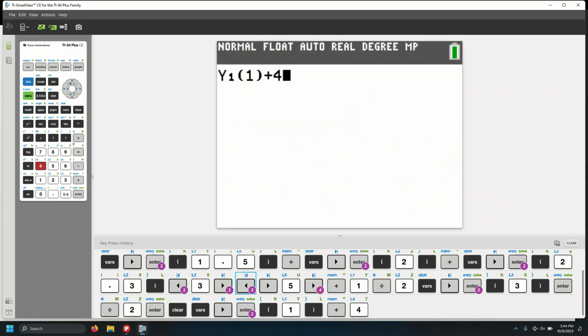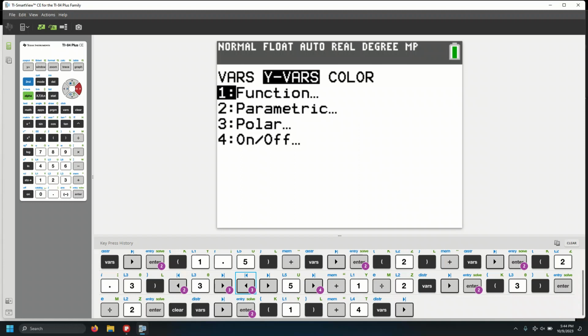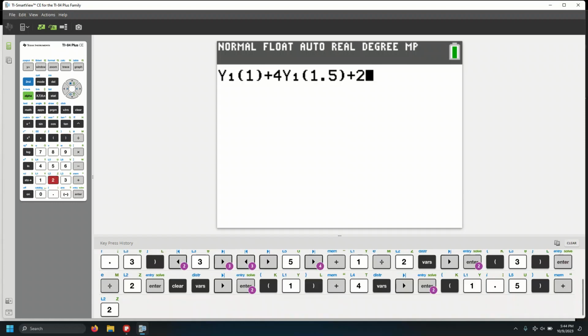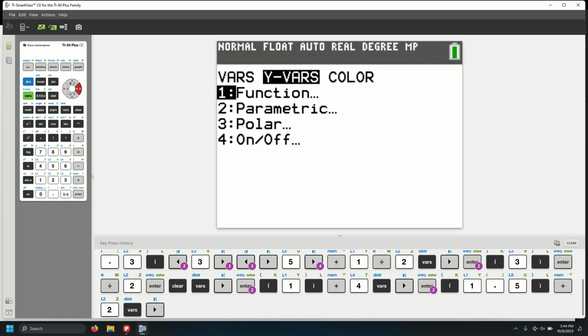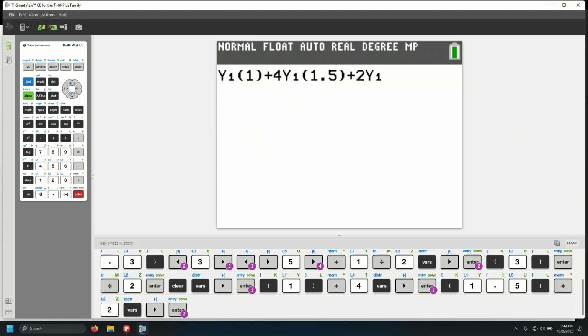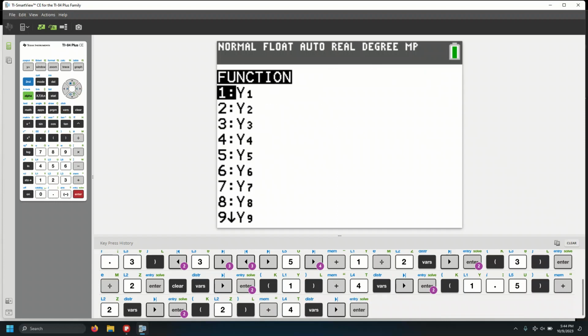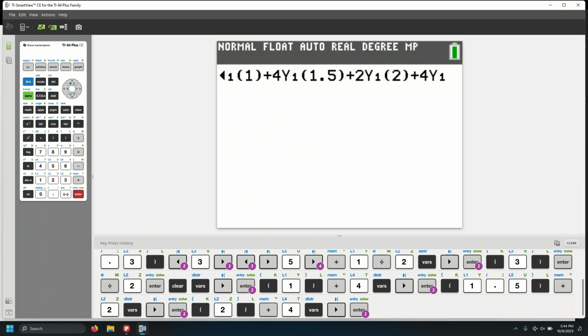So plus 4 times VARS, Y-VARS, Function, Y1, open parentheses to evaluate it at 1.5, and then close parentheses. The next one, recall that it alternates between 4s and 2s, so that'll be plus 2 times VARS, Y-VARS, Function, Y1, open parentheses to evaluate this at 2, which is the x sub 2. Now let's do the x sub 3. So that is going to be plus 4 times VARS, Y-VARS, Function, Y1, open parentheses to evaluate